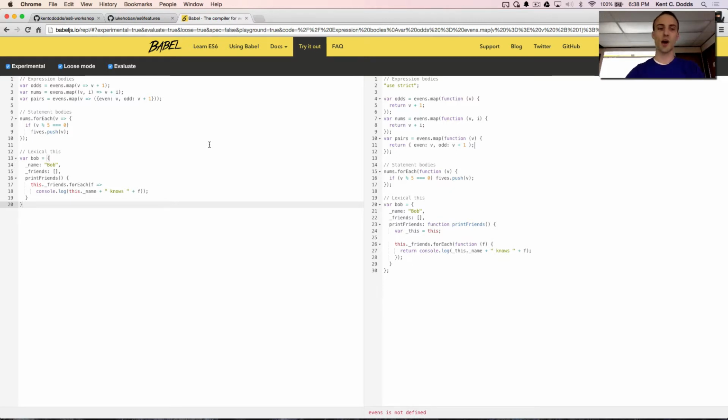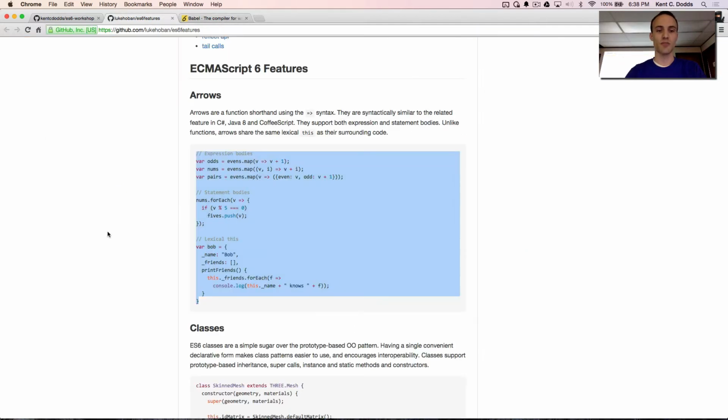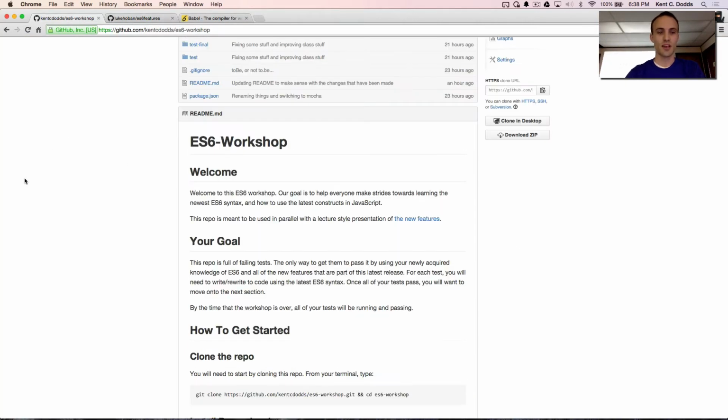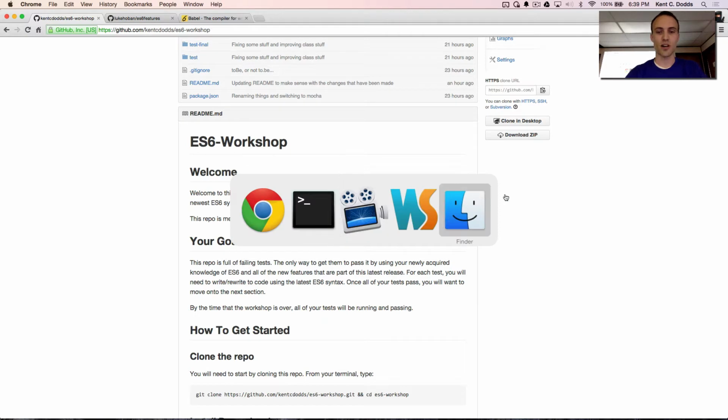And I use it in my project, and it's awesome, so I recommend that you do so also. So yeah, Babel is great. There are a couple other transpilers that will do this, but Babel is by far the one that supports the most features and has a great deal of community support. So, all right, without any further ado, let's go look at the repository.